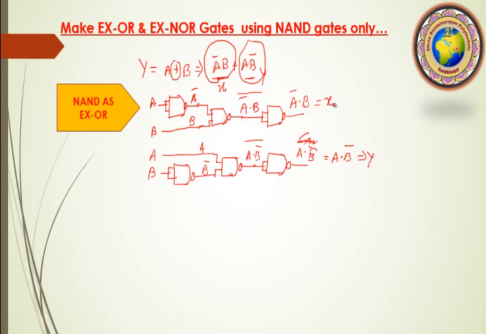Now this X and Y I want to add. For that addition, as we know, how many gates do we require? We require 3 gates, and using these 3 gates we can perform our addition. So for that addition we apply De Morgan's law. According to De Morgan's law, we have to connect in such a way. So this X and Y, I just write here, X input and Y input. Now I will add them with the first convert.